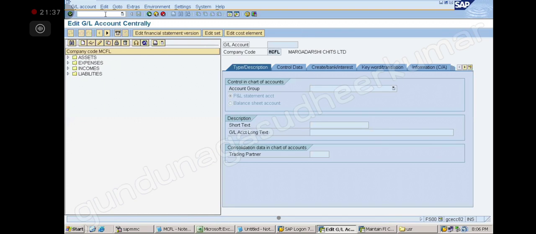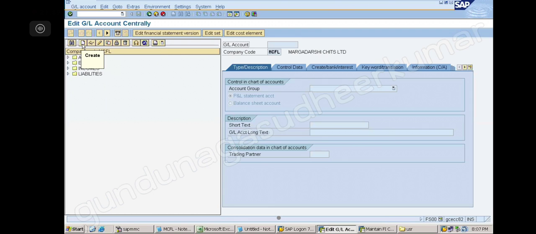Now in FS00, this is a self-explanatory screen. What do I mean by that? If you put the cursor on anything, it will tell you. If I put the cursor here, it says Find, which is a binoculars icon.